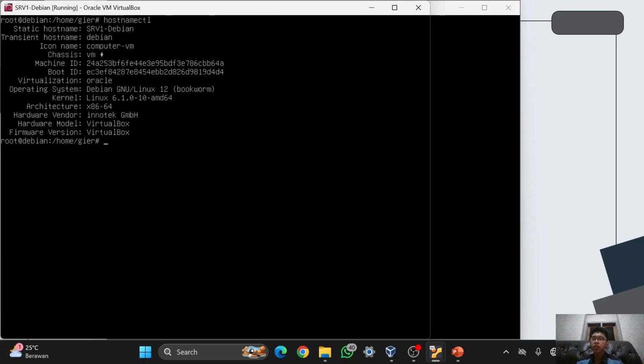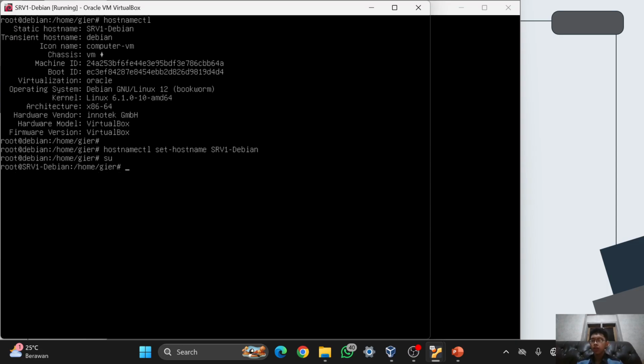So I think to set the host name, you had better use hostnamectl set-hostname. I think you had better do it like this, srv1 Debian.